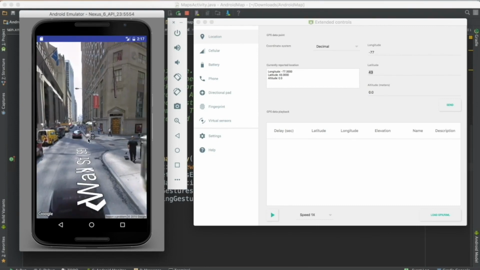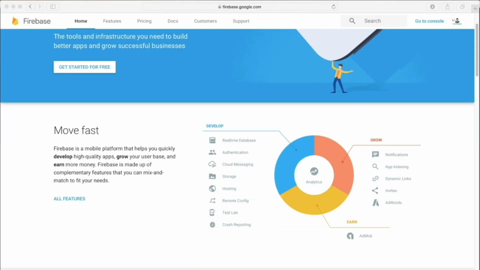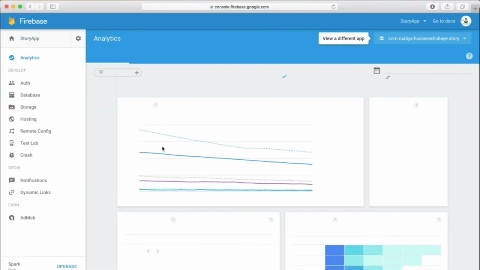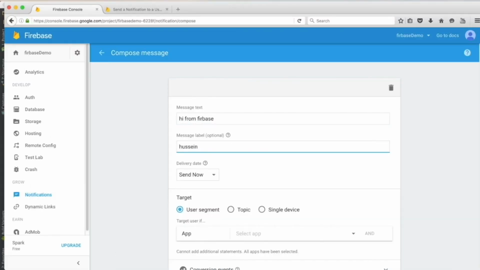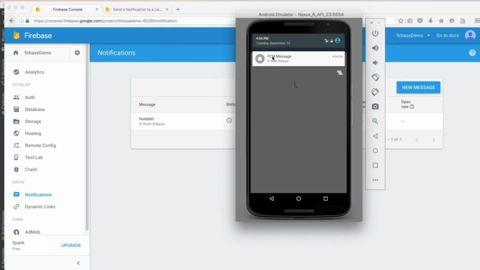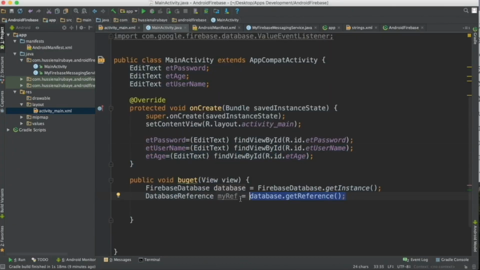Then we will talk about street view and how we could view the street on the map. Then we will talk about Firebase. Firebase is the new technology from Google to track your application performance and user activities. Then we will talk about notification and how to send notification from server to users. Then we will talk about real-time database and how we could use Firebase for different things like chatting or